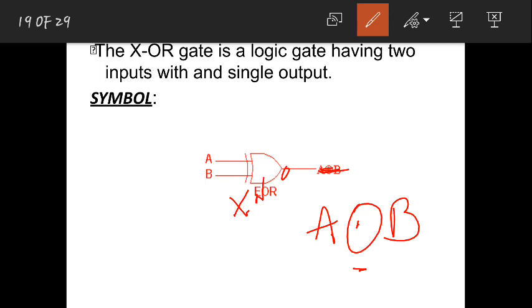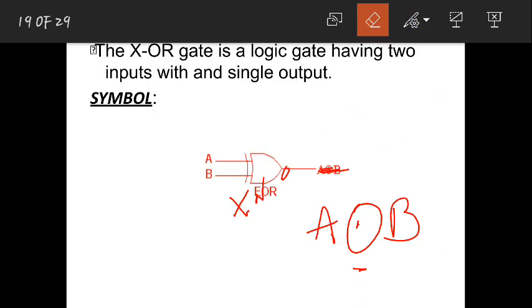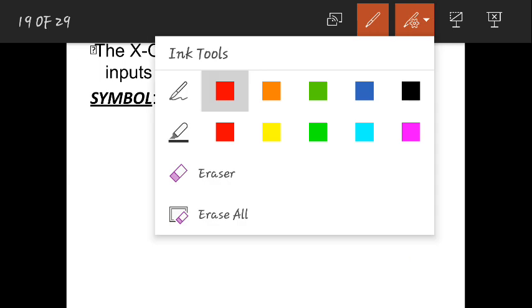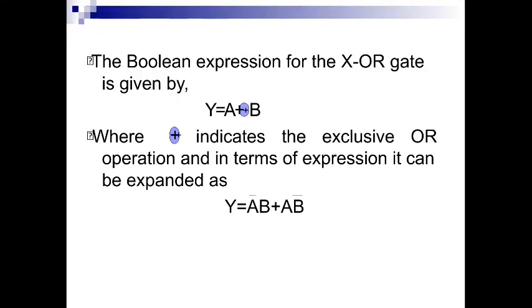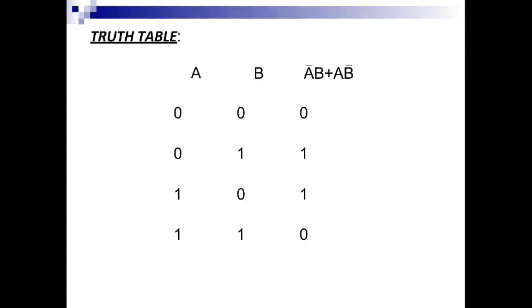It is nothing but just take your NOR symbol. This is your NOR and it is XNOR. Is that fine? That is the difference. So just remember this is the symbol for XNOR, and this is the way you write it. And for the truth table, in the place of this you just write that, and we will see the truth table.